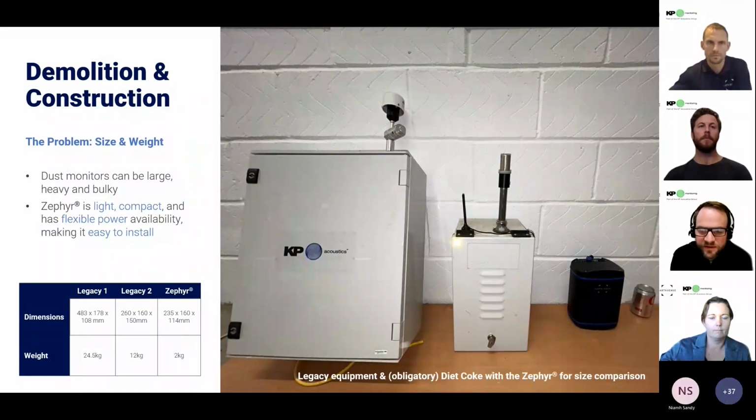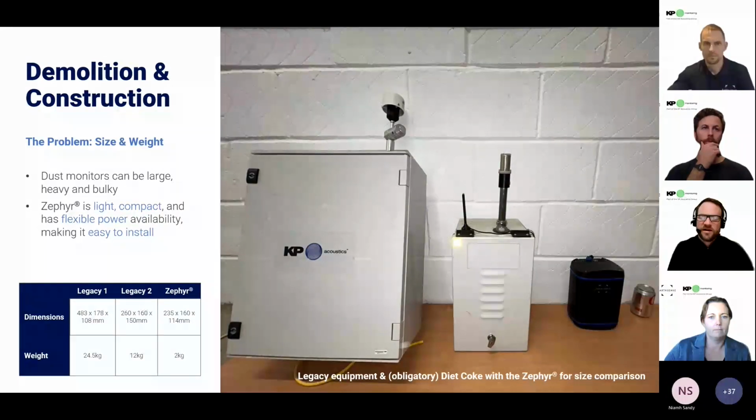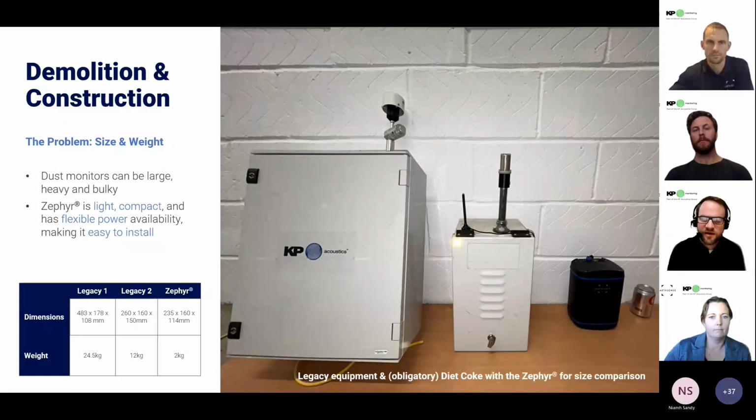We also typically need to deploy these monitors at height. Specifically, the dust the device is sampling should be that which is escaping the site, not the dust that is trapped within it. We therefore usually need to employ these devices above any hoarding or dust sheet lines, meaning they can be at some heights, usually around 3 meters from ground level. The fact that the Zephyr weighs a maximum of 2 kilograms, along with its easy installation with its back bracket, means that it's an absolute breeze to install. The 2 kilograms also includes the modem for the data, the particulate cartridge, and the pollution cartridge, so everything being in the same enclosure is a great help.